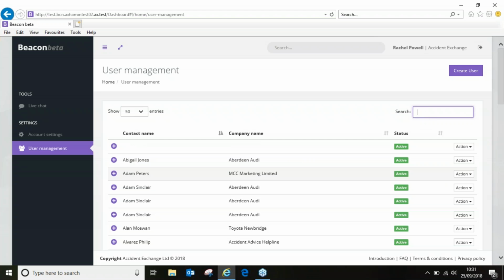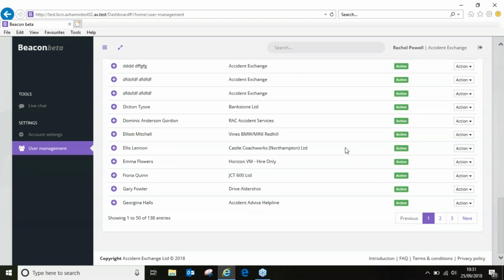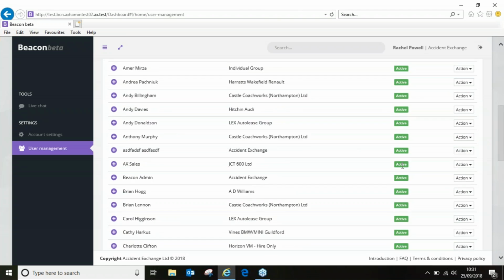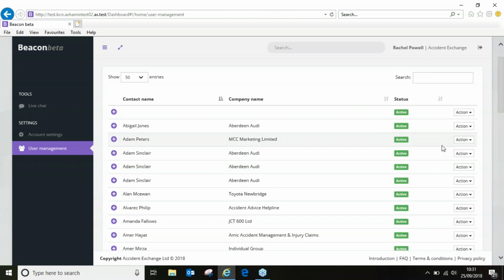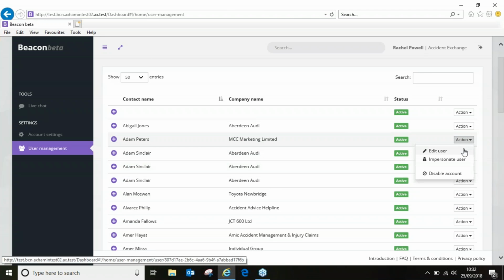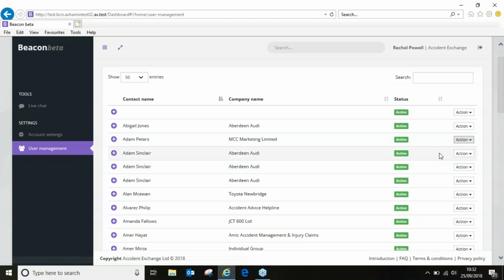In the top left hand corner, you've got the entries, so entries that you want to see by page. If you're only wanting to see 10, you can select 10, or you've got 25, 50 or 100. And then if you scroll down to the bottom, you've got the pages that you can click through if you're looking in more detail. Then if we wanted to click on someone, if we click action, we've got the edit user tab. So if I click on edit user,